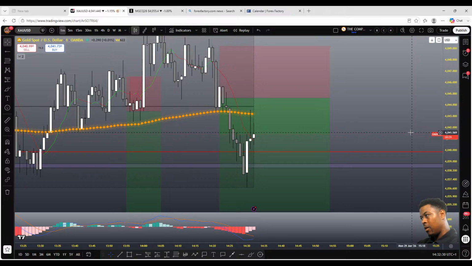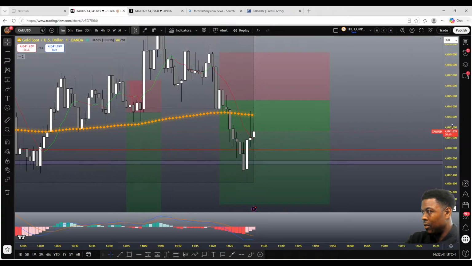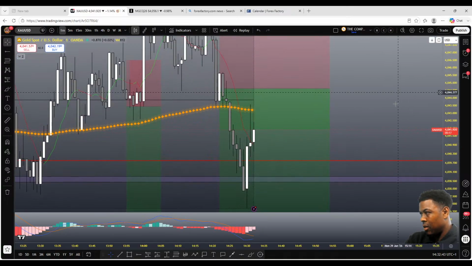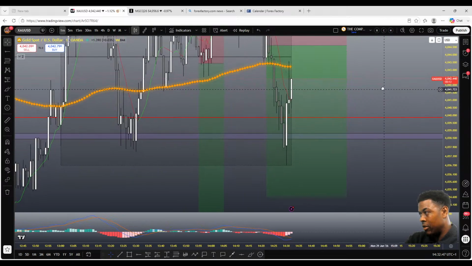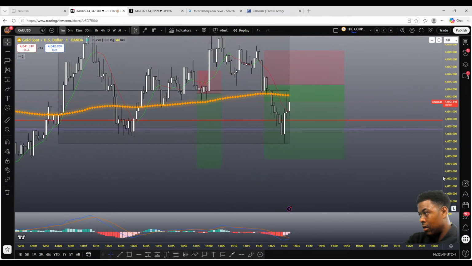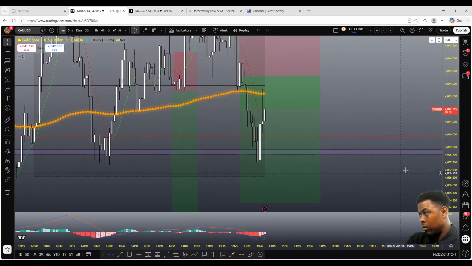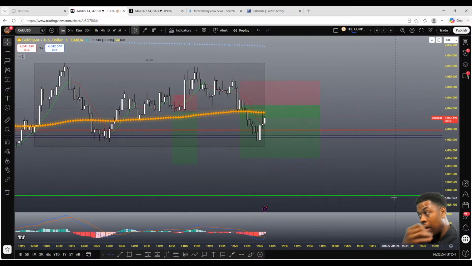There's no point me taking out my profits now, because we need to always just hold to my TP. Don't even start chatting nonsense. It just needs to stay below that orange line or orange indicator. If it doesn't stay below our orange indicator, then